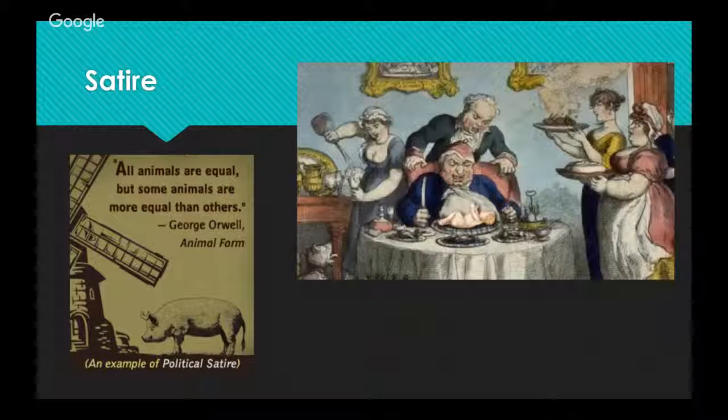And irony and sarcasm are absolutely involved in satire. A couple of famous satires are Animal Farm, which is a political satire. Again, it's sort of poking fun at the government, but with the idea to say a change is needed. The other very, very famous example of a satire is called A Modest Proposal, and the image on your right-hand side is from that text. It's a great little text.